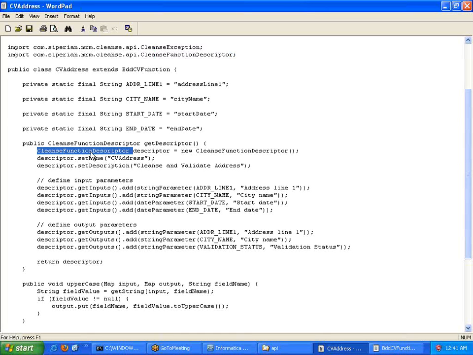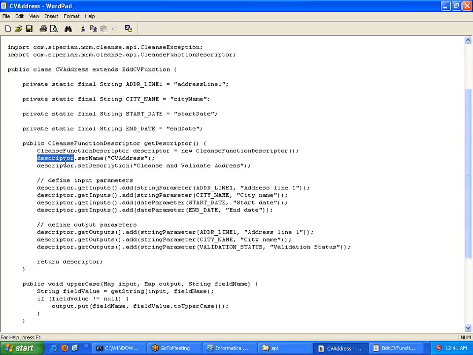Then this line is what we call instantiation of a class, which is the creation of an object out of the class function descriptor class. So we have what we call a descriptor object created here. Now once you create it, we have memory allocated for it. Once you have memory, then we can populate data to that particular memory block. This is the starting point.